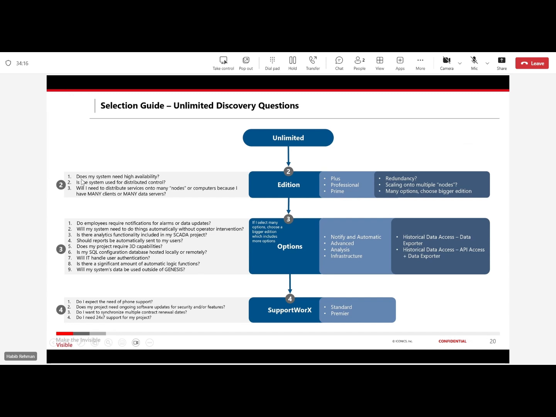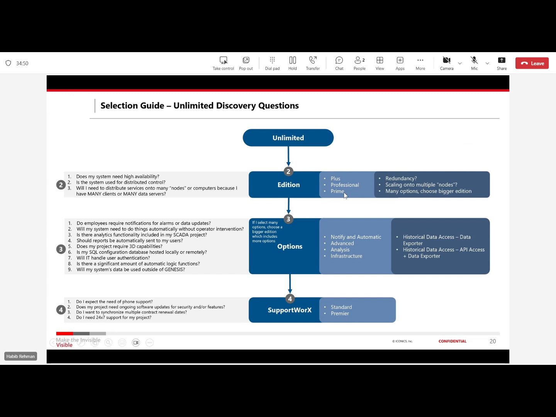we ask you the question, do you need high availability? In that case, that's a redundancy. Do you need scaling into multiple nodes? How many multiple nodes will you see in the future? You see that the system is good enough right now with the base node, but I may add another node. So plus could be good enough. But if you're saying my system may expand into multiple plants, connectivity, so I would see 6 nodes or 9 nodes,